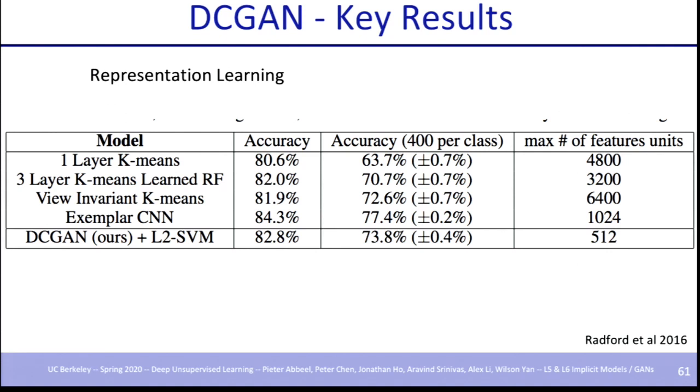In terms of the representation learning results, which I believe was the main focus of the authors, they took the discriminator that was trained in the DCGAN process, and they put a classifier on top. Even though the DCGAN model was trained on unlabeled ImageNet data, they took that model, put a classifier on top and trained it on CIFAR, where the convolutional layers had been trained from the GAN training process. They showed that it could do better than competitive supervised models at the time, and it could get 82.8% top-one accuracy on CIFAR-10.